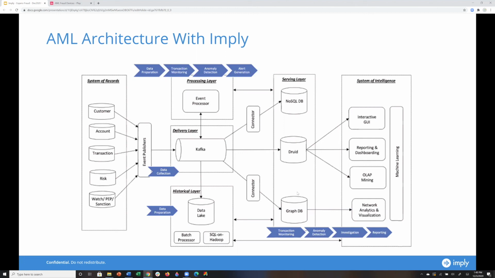And you've heard of graph databases as well. So in anti-money laundering platforms, you always see a graph database in there, and also machine learning. And that's because you have to establish the relationship between different transactions or users or companies or entities. And then Druid would augment that to provide more intelligence around the edge using the Midas approach, and also give the users the ability to run OLAP queries on raw data sets that are actually stored in Imply as well.